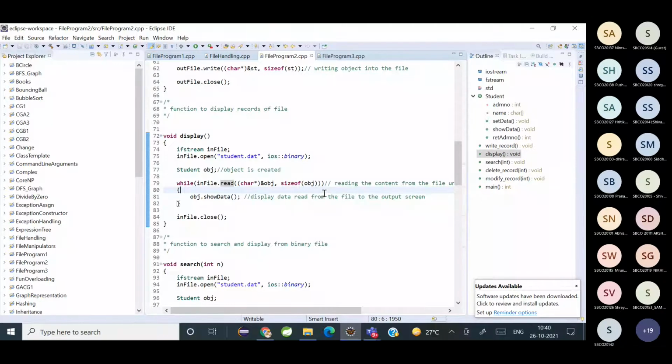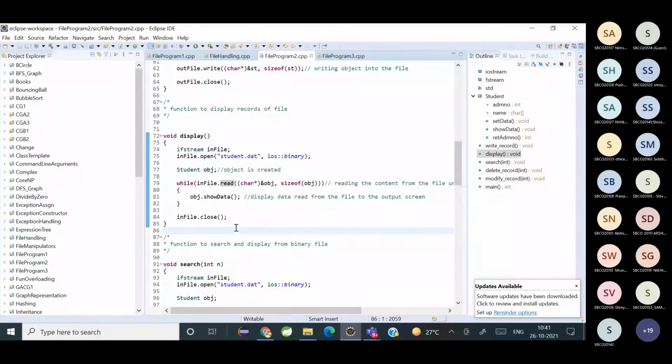Did you understand? And then what is happening in line number 84? Closing the file. So always remember the main basic steps: you create an object for the file, you open it, and then you do read or write. And once that is done, you have to close it. So any doubts in the display function?